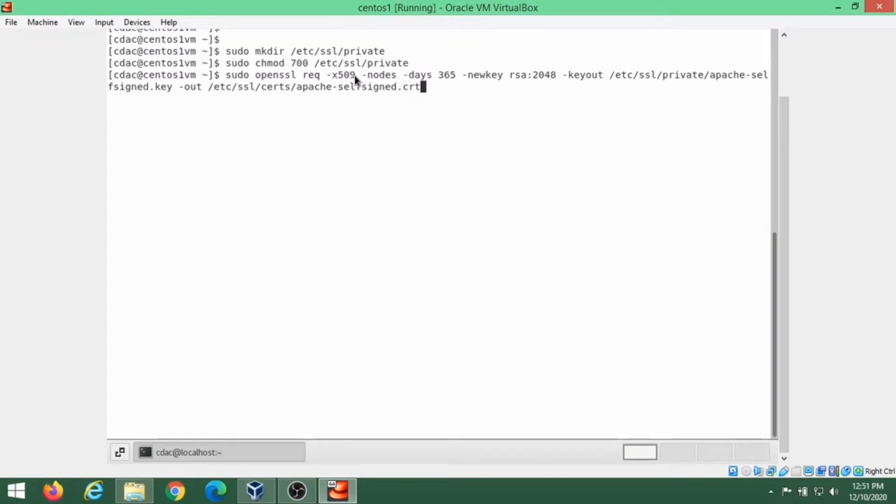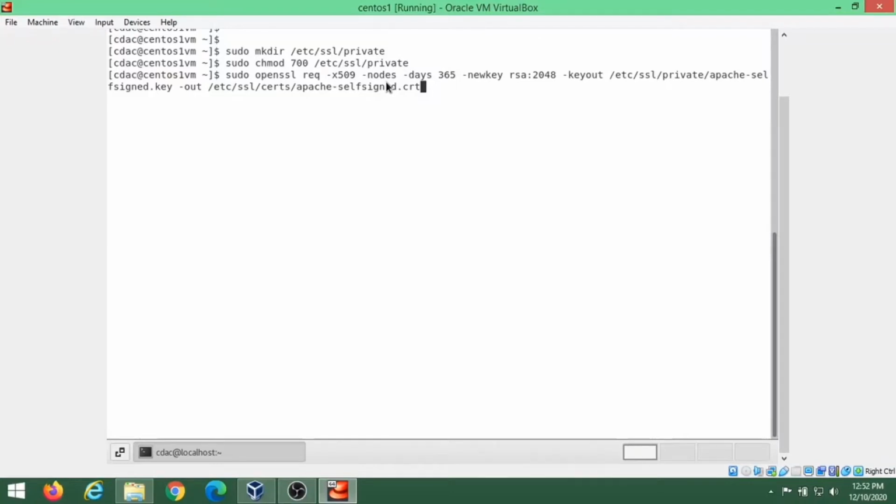The next field, nodes. This tells OpenSSL to skip the option to secure our certificate with a passphrase. We need Apache to be able to read the file without user intervention when the server starts up.